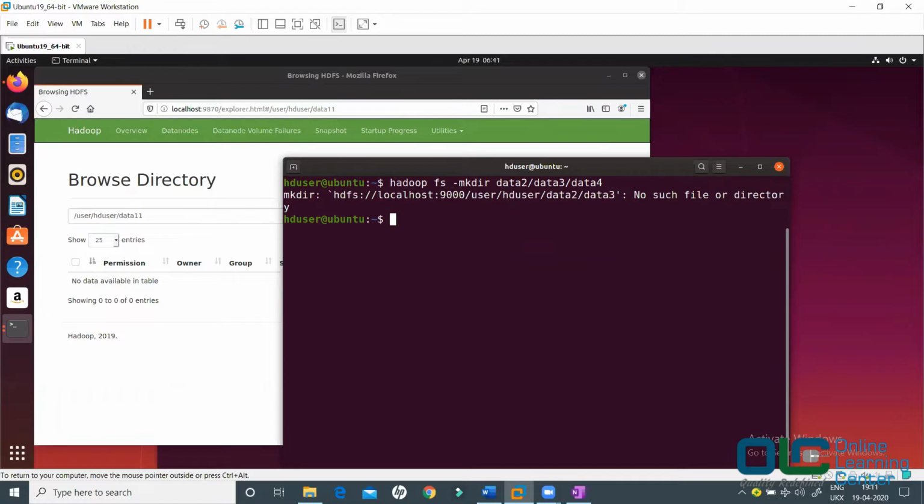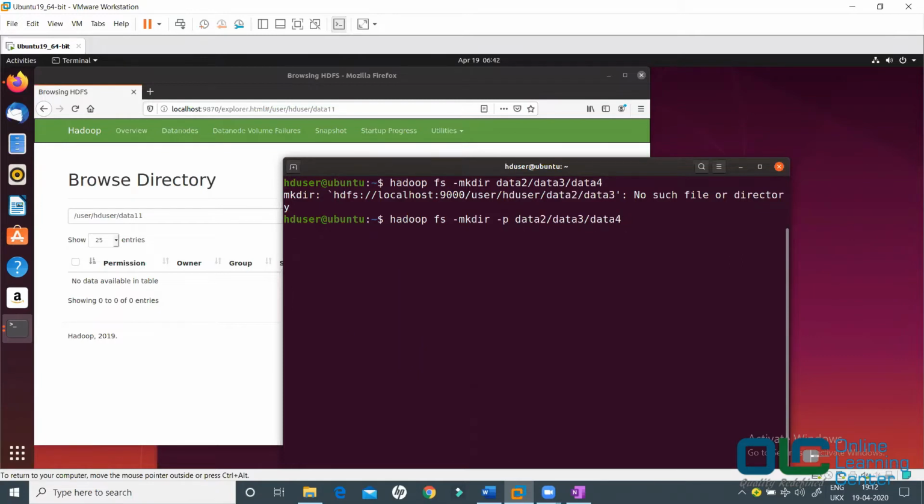But if you want to create it anyway, you can instruct Hadoop that you are interested in creating a folder in this structure. If data2 is not present, you create that folder, inside that data3, inside that data4. So it will not give you an error.